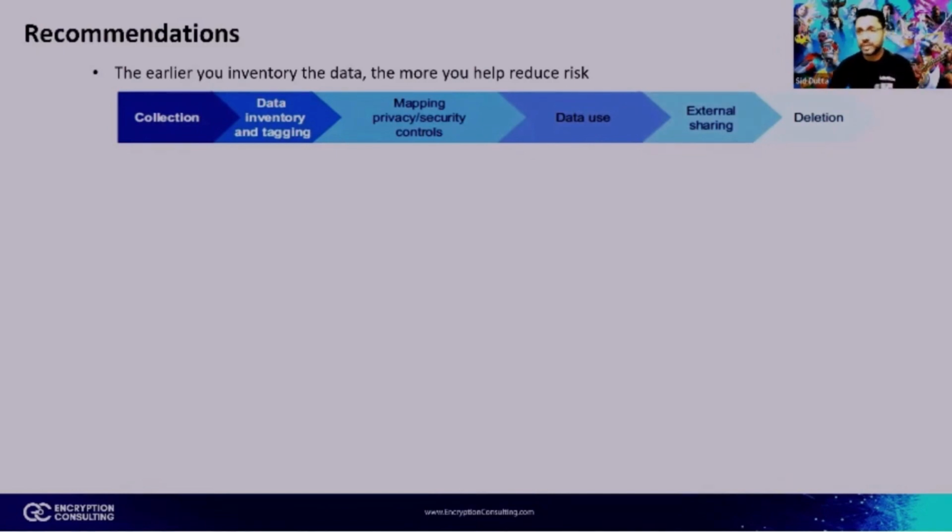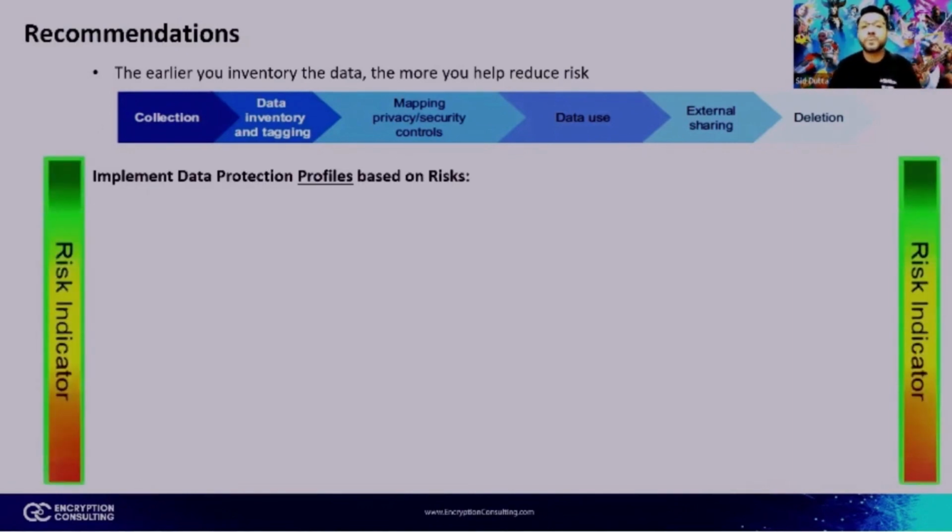Now, I talked a little bit about the data protection profiles, which are obviously risk-based. One of the things I want to make sure that you understand is that different data protection approaches, which let's say we call profiles, should be appropriate for the risk level. You don't want to overdo something for a risk level that was very small to begin with, and in those cases you may have very little